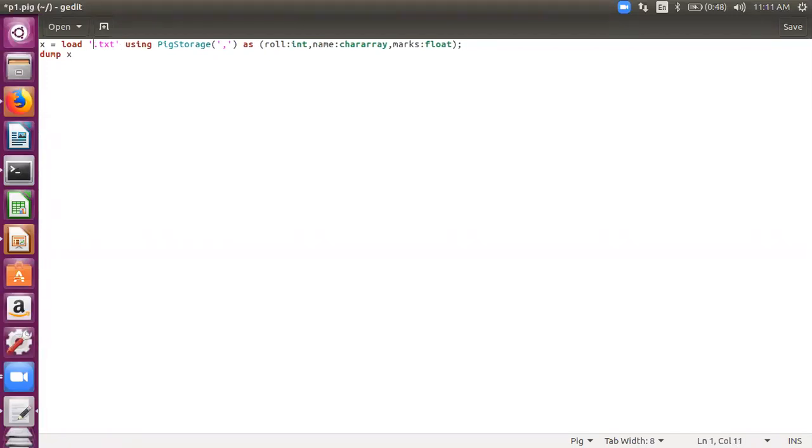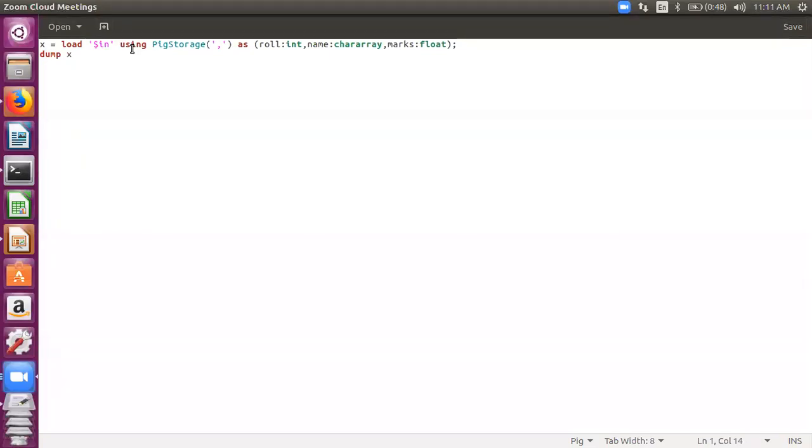Instead of z1.txt, I would write a dollar and an in. A dollar would indicate that this in is a variable, dollar in, right? So now I'm not writing the name of the file to be loaded directly in the load command. I will pass it from the command line. Is that clear? If it is clear to all of you, give me a raised hand so that I can see that you're getting what I'm trying to tell you.